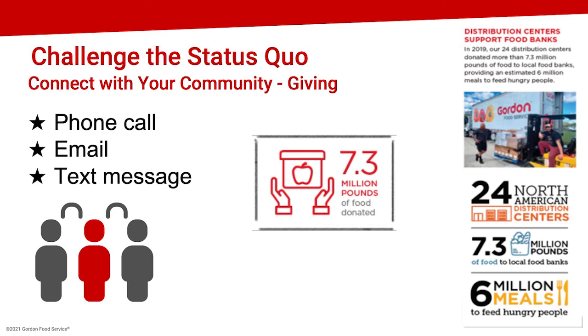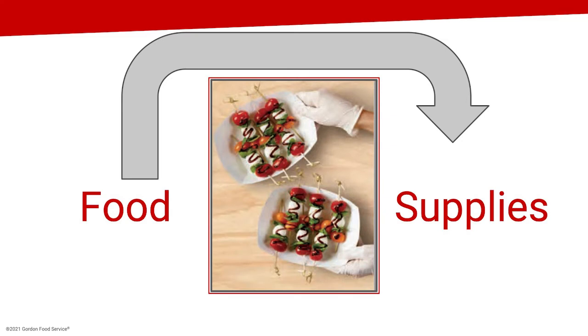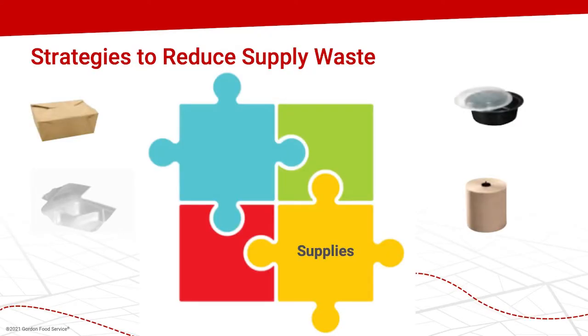Beyond the methods to reduce food waste, there is also a significant opportunity to reduce the weight that is associated with supplies. Since supply is an incredibly broad category, for the sake of this presentation, we're only going to focus on supplies such as takeout containers, utensils, napkins, etc. Part of the reason we are focusing all of our attention there is because of the shift in demand for those items in response to the pandemic.